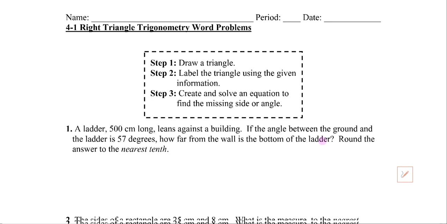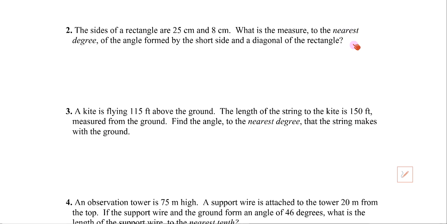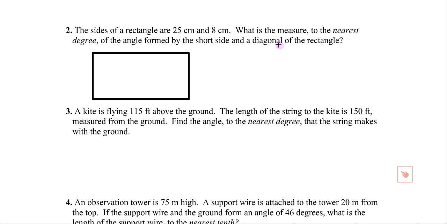Okay, so first off, question 2. You've got to have your diagram drawn. You've got a rectangle here, you get that? Yeah. And it says, what is the measure to the nearest degree of the angle formed by the short side and a diagonal? So if I put a diagonal in,